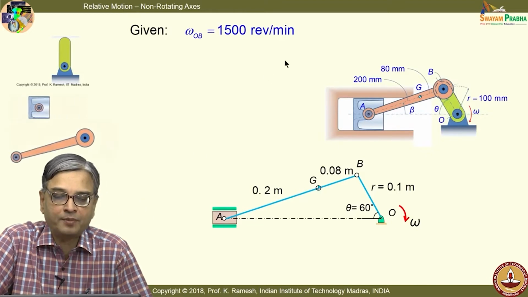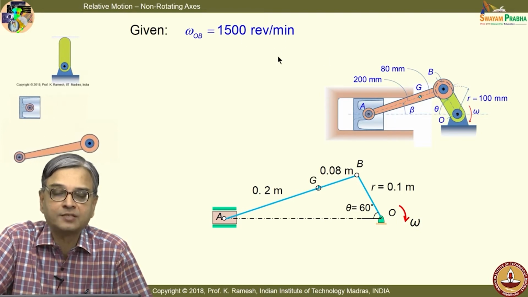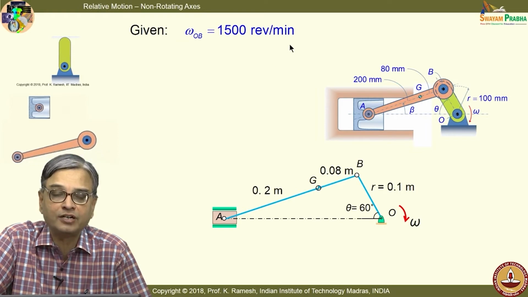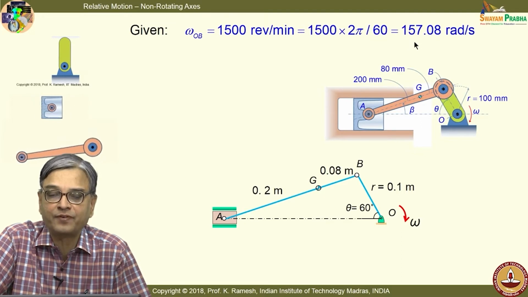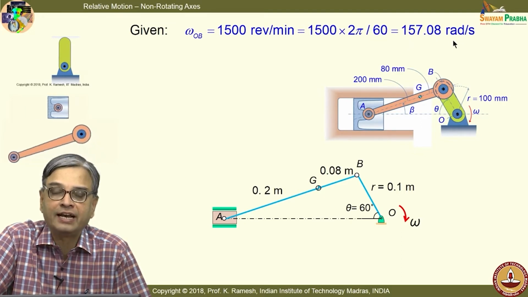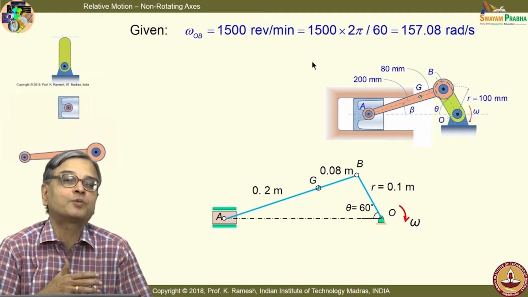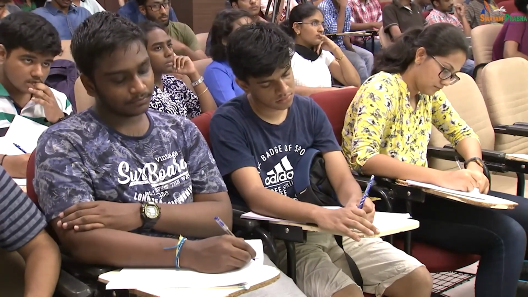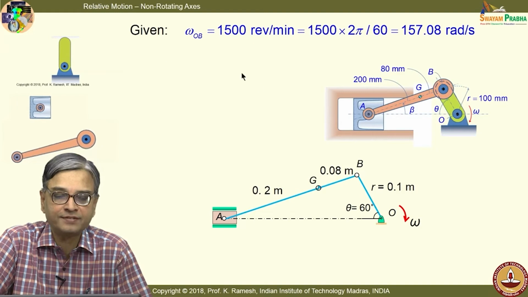And what is given in the problem statement? The angular velocity of the crank is given in revolutions per minute. It is desirable that you convert it into radians per second. So, when you do that, I get that as 157.08 radians per second. See, you have to interpret the engineering quantities properly. You should not ignore that conversion, you should not say you have forgotten or overstepped that. You should handle all these quantities with right units.